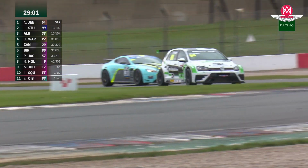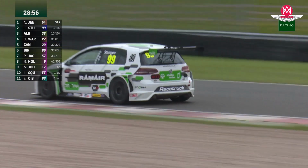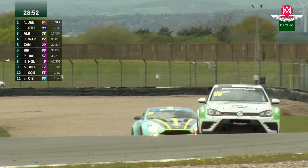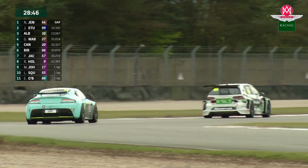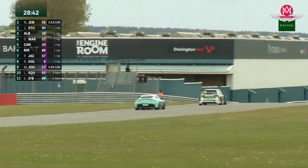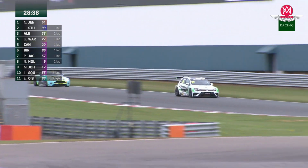The Aston Martin actually hidden completely behind the surprisingly large VW Golf silhouette. And they work their way now up through that right-hander at McLean's corner with still the Golf in front. This is developing now into quite a nice battle. So Albert then trying to size up his opposition here, trying to figure out where he's going to be able to make this